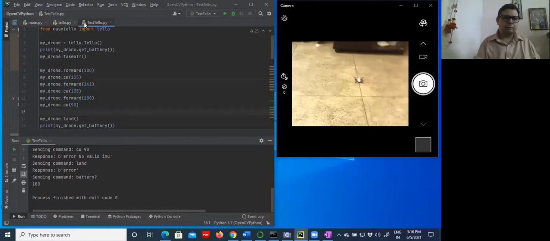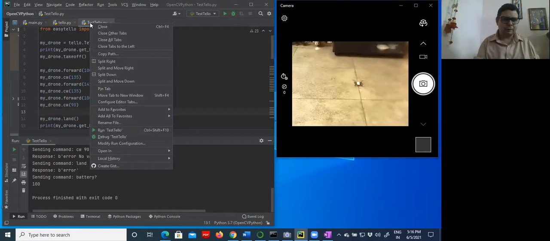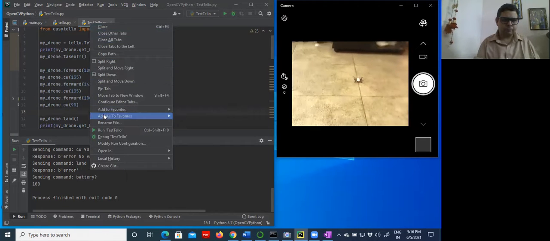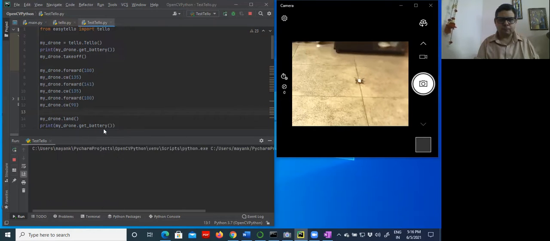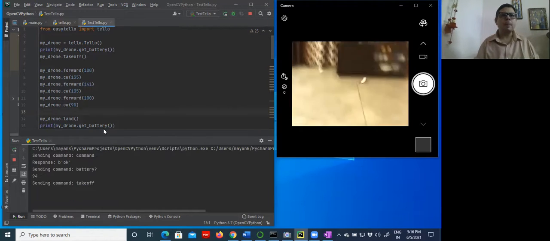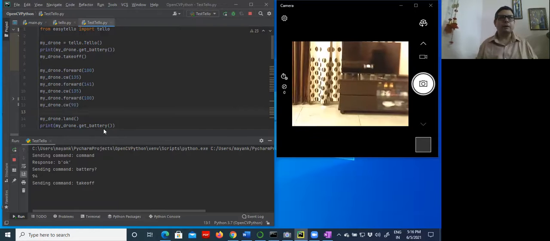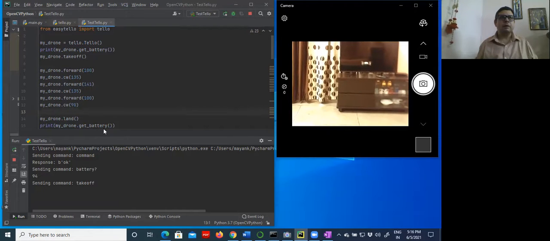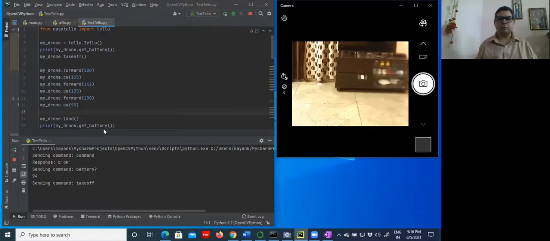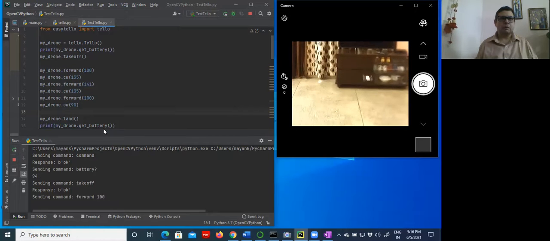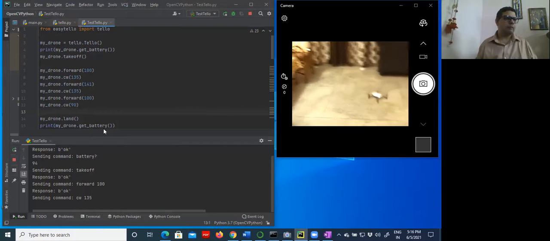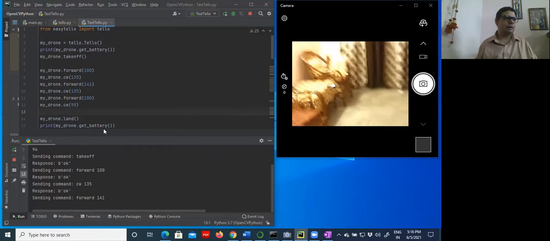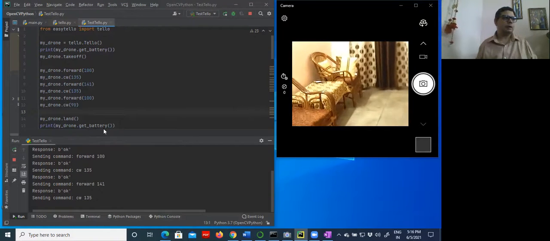Now I will run this particular program. You will see the effect of the program. Now you see the flight. It is 100 centimeter forward, then a 135-degree turn towards the direction.